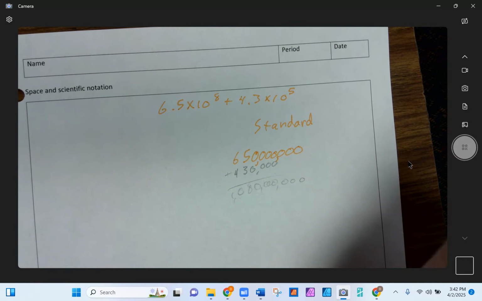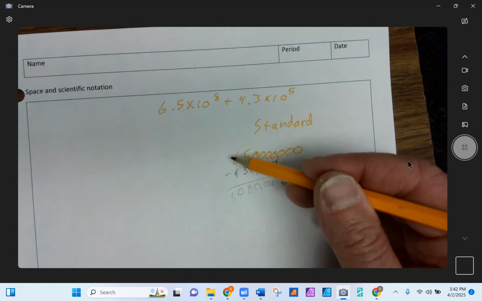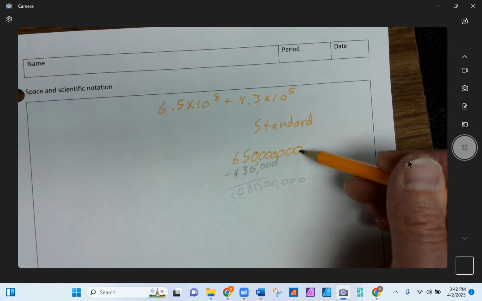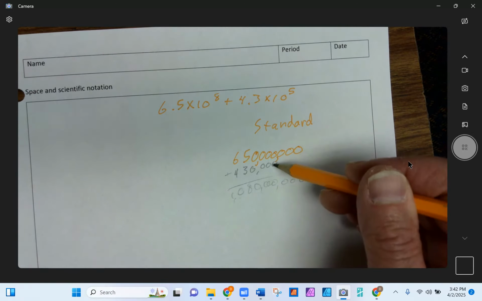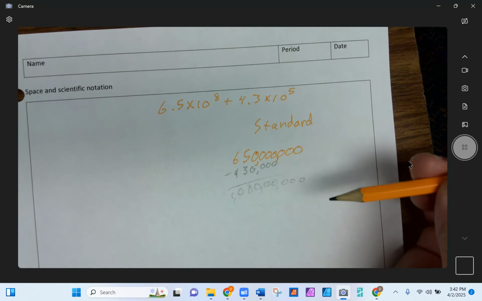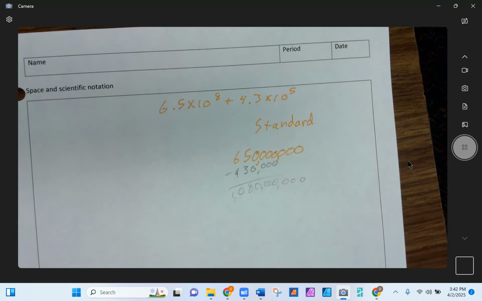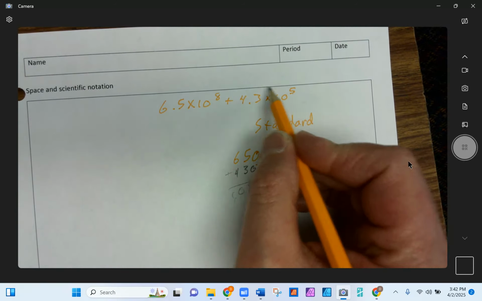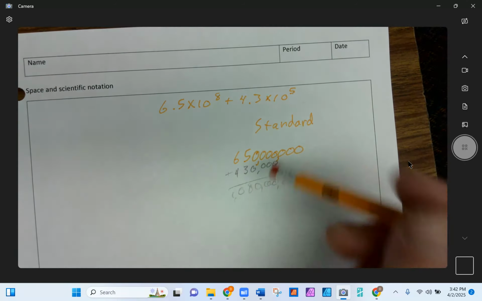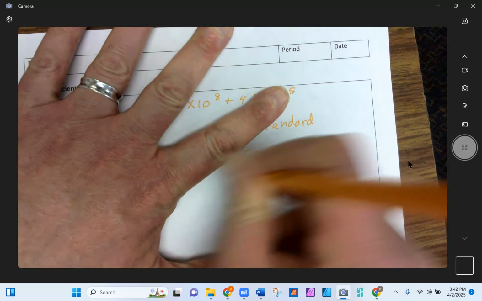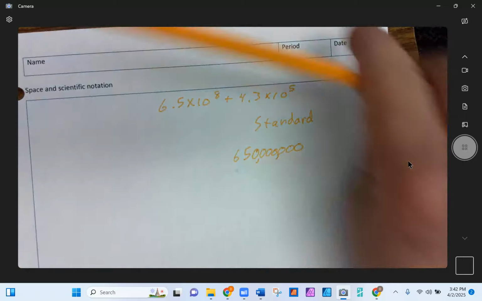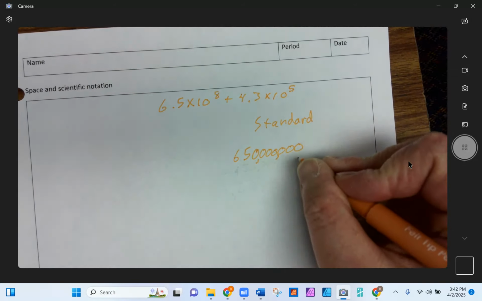However, I have screwed up. I have done something incorrect, right? Rather than lining my ones place up with my ones place, I actually lined my ones place up with my thousandths place, right? And that thousandths place, that's actually 3 differences in our exponents right there. So what I should be doing is lining it up on the right side rather than on the left side. So this becomes